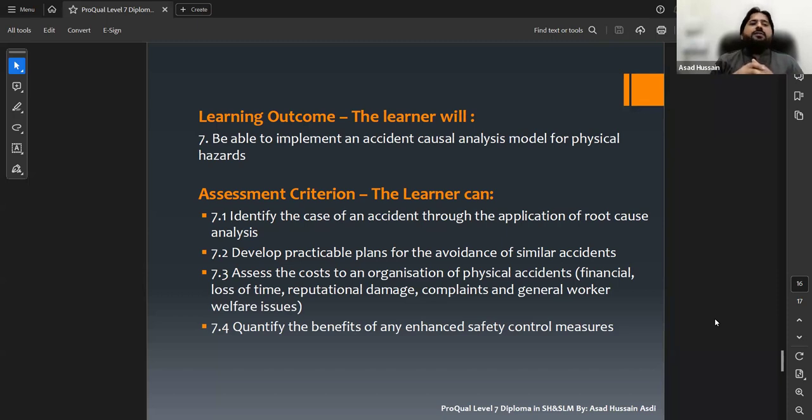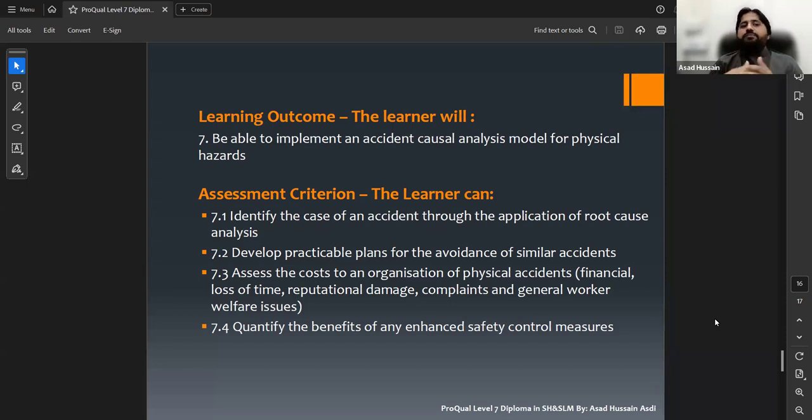If you are managing the health and safety at your workplace, the chance of accident or incident will be minimized. But you can't make it zero accidents. Still, even if you are managing health and safety very well, there is a chance of accident or incident. So this 7.1 is discussing that in case of any accident,